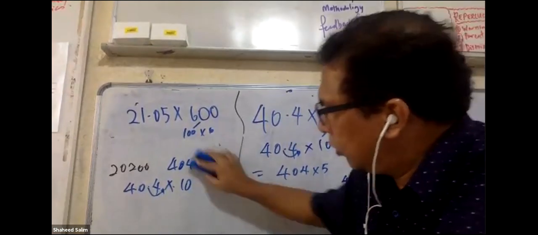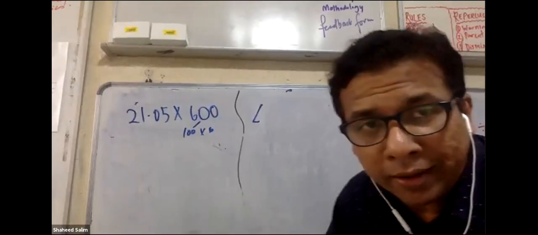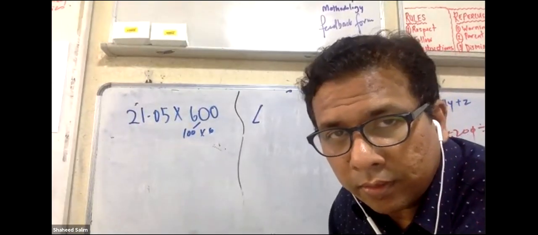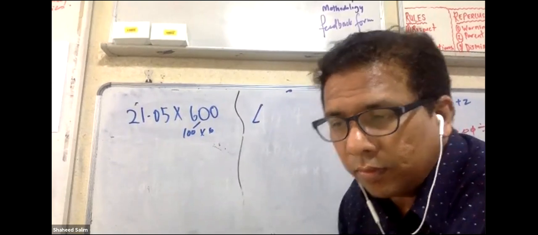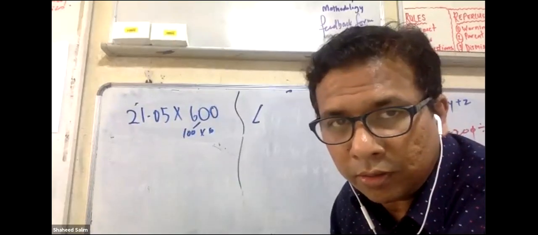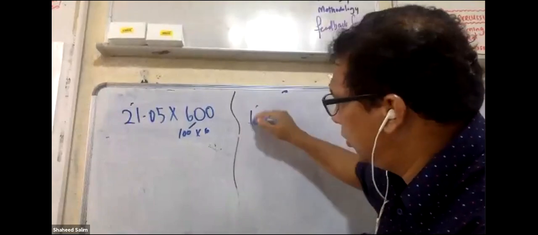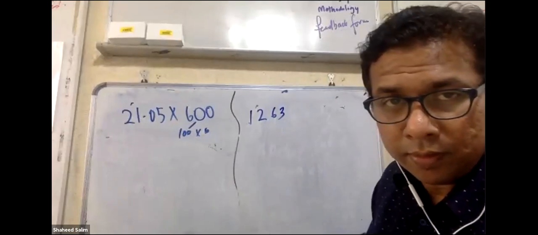You try. Those of you who can do this long division. If you never put the zero behind, it's wrong, is it? If you don't put the zero behind, what does it mean? The answer is 12630. If you never put a zero, the answer would be 1263. That's wrong, because this is 1000. The answer is this: 12630.